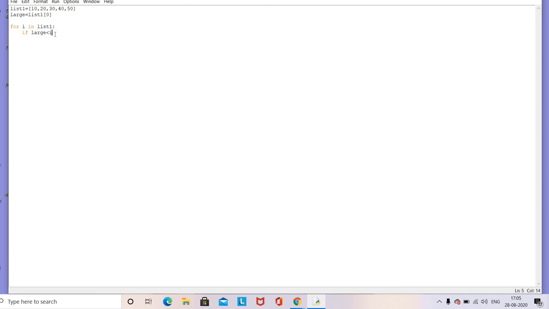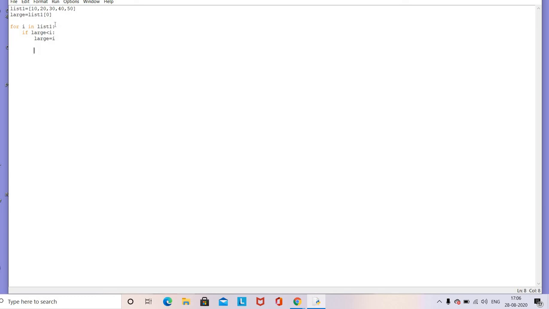We can start from I plus 1 because we already have the value 10 here. You can do that with the index position, or you can directly compare. So if large is less than I, that means the new large will be I.